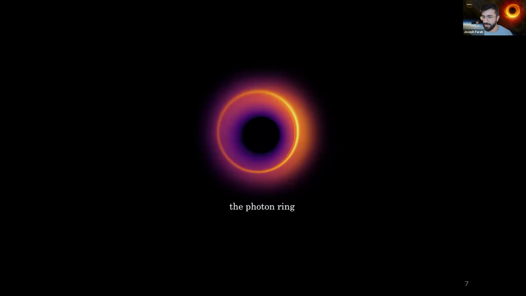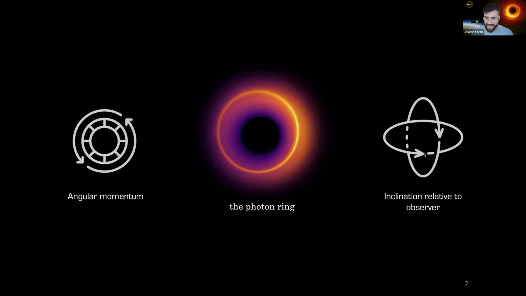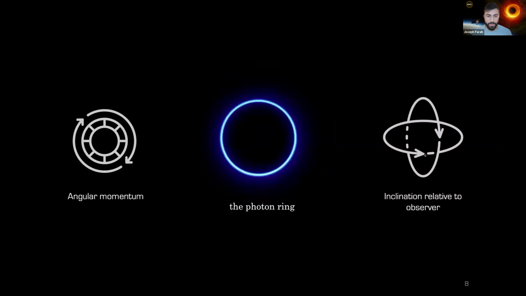It's called that because it's composed of photons that orbit the black hole some number of times before escaping. And because these photons are directly impacted by the black hole's gravity, the ring that they form contains information about the black hole and its effect on space-time. So it encodes information about the black hole's angular momentum and inclination relative to the observer, or the orientation of the spin axis. And so what this means is that if we look at a movie of a photon ring,